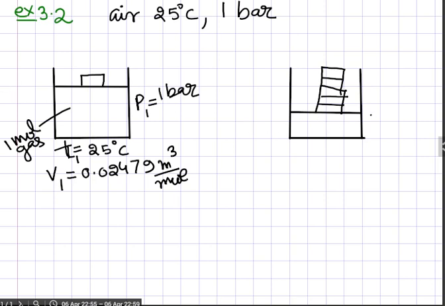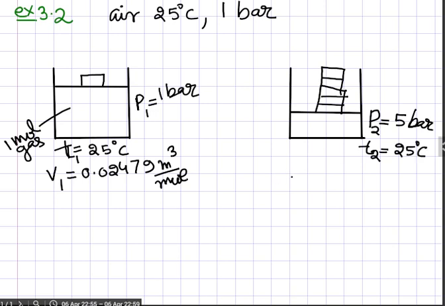So what is the result of it? It has created 5 bar pressure, and they say that the temperature is the same, that is 25 degrees centigrade,